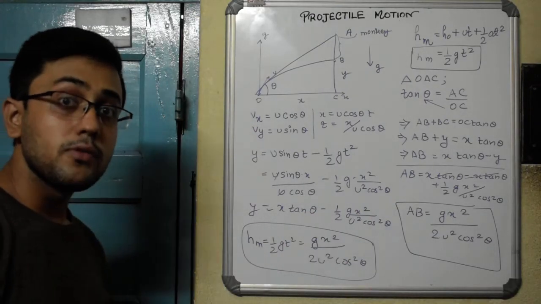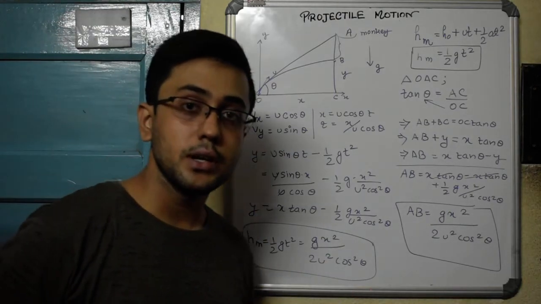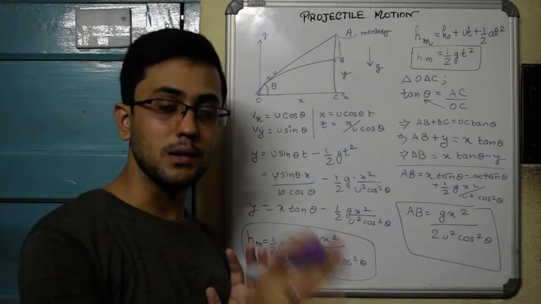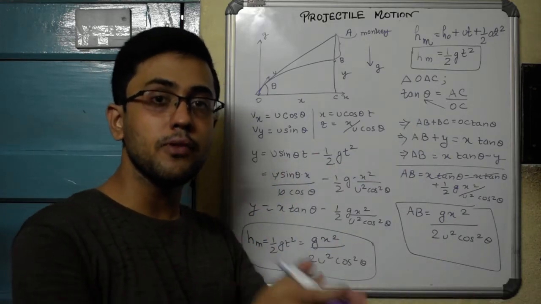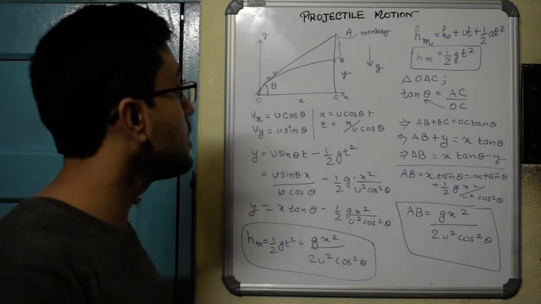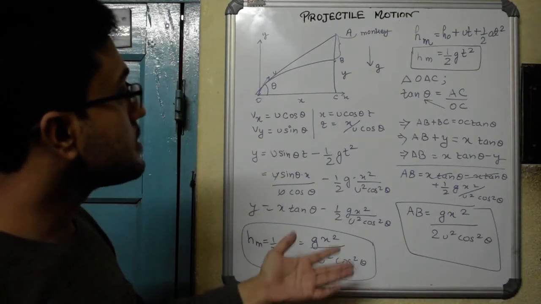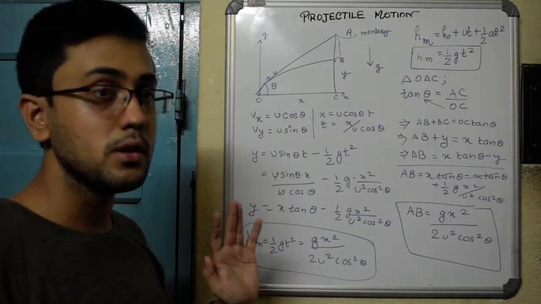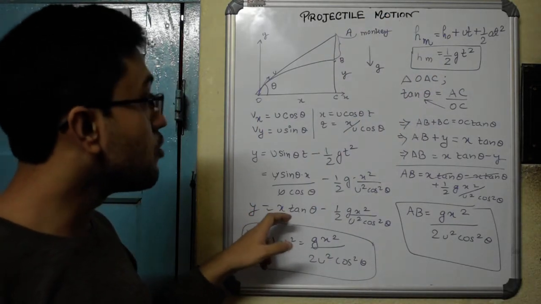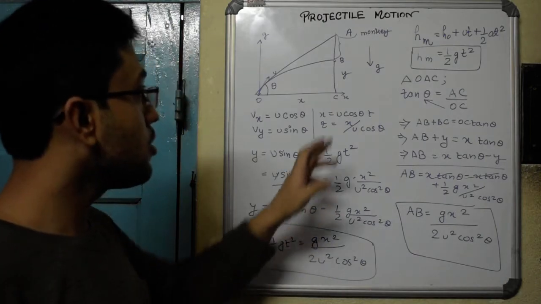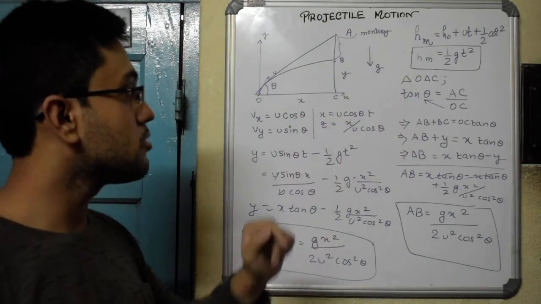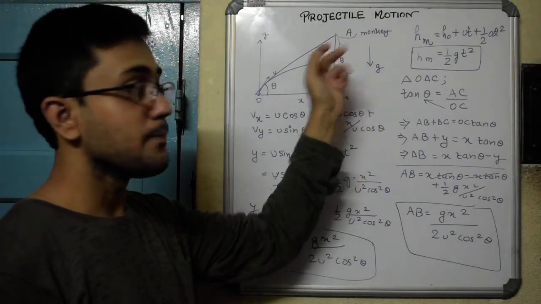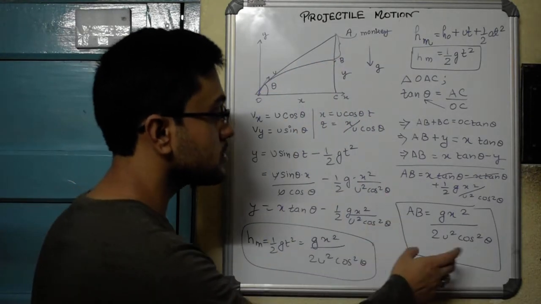So we again did what we did during the derivation. During derivation, if you remember, we considered the motion along x-axis and y-axis separately, and then we combined them to find out the equation of motion for the projectile. Here also, we considered these two motions separately. Initially, we considered simply the monkey falling down, and then we used the equation of projectile motion and obviously some basic geometry, some basic trigonometry, to find out that AB, the distance,